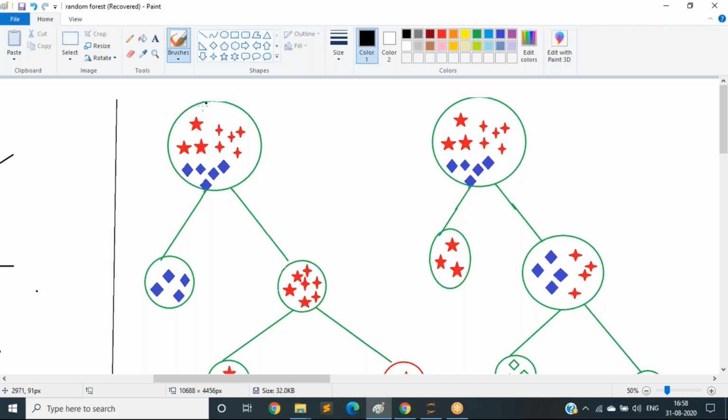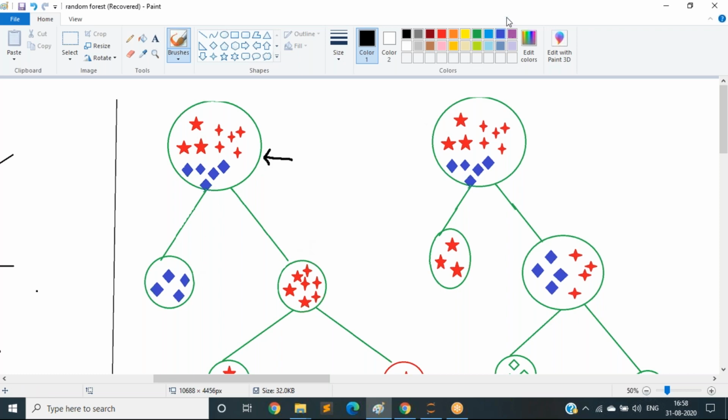In classification, you need to split the data. Here there is a group of data for you. As in the decision tree, it will take one decision based upon the features or attributes present in your data. See here, on which feature is it splitting?